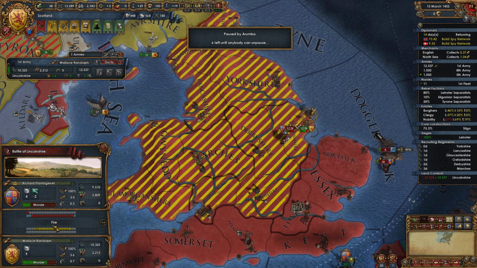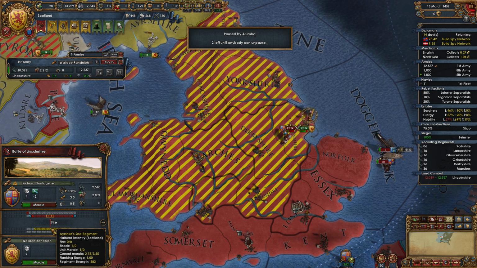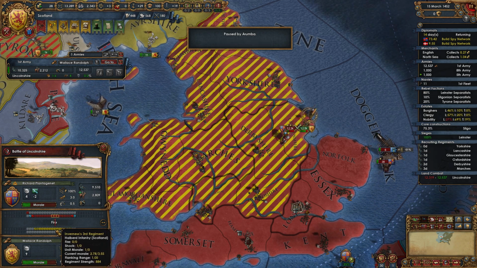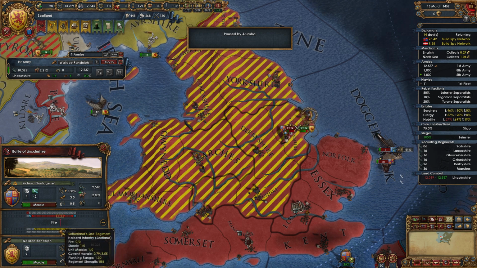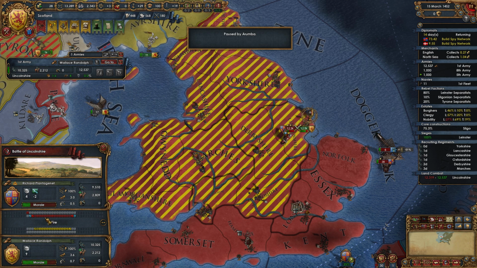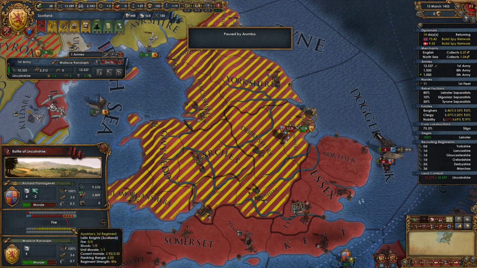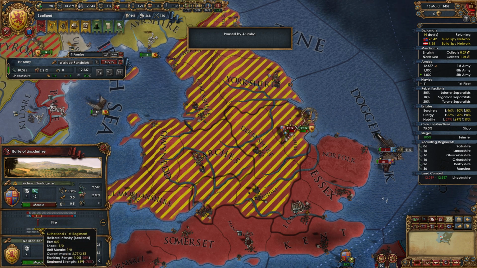The reason I think we're going to win no matter what is that if you hover over the little pips in the battle, you can see that most of our regiment strengths are about 900. We're at about 90% strength right now. We have way more morale than they do, and the English troops are down to about 50% strength in most of their troops. Even though they are flanking us and our cavalry might get some serious damage, they might get routed,